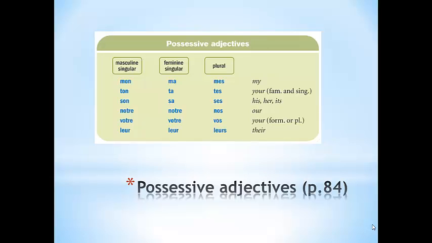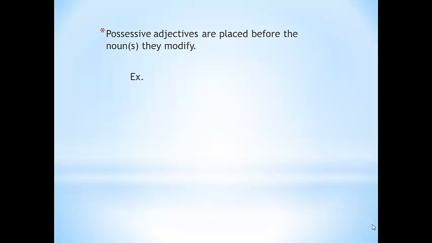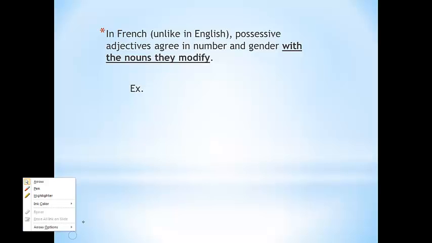All right, so where do we place these? Well, just like in English, possessive adjectives are placed before the noun or nouns they modify. Okay, so I'm going to give you a few examples. Don't worry about necessarily which possessive adjective we're using, but where it's placed. Okay, so if you want to say, this is my father, you are going to say,